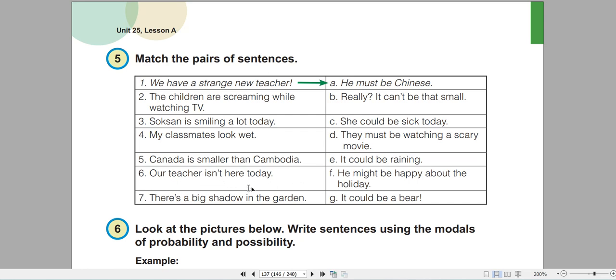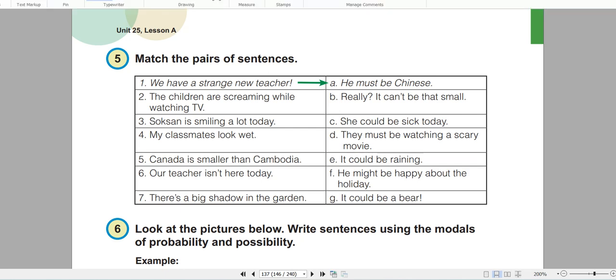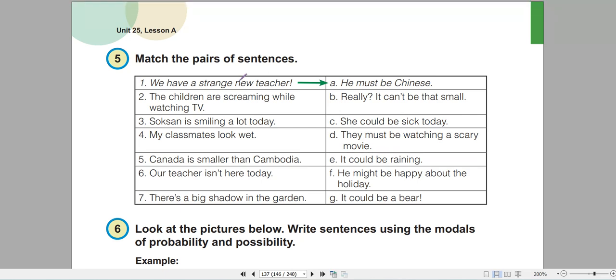And number seven, there's a big shadow in the garden. Shadow means a dark shape. So now we go to match all the number one